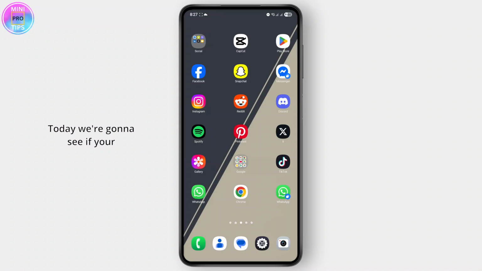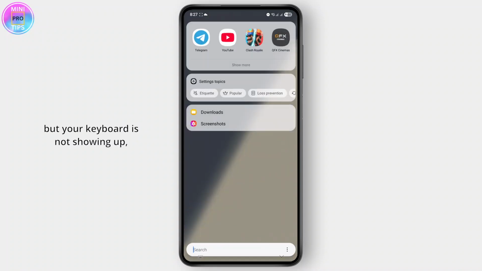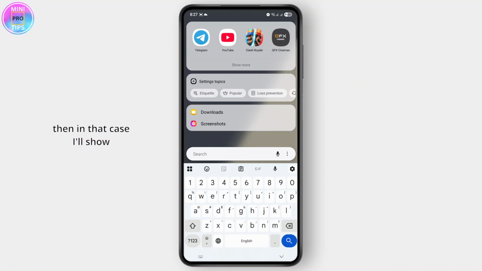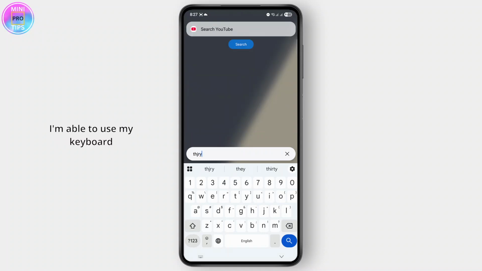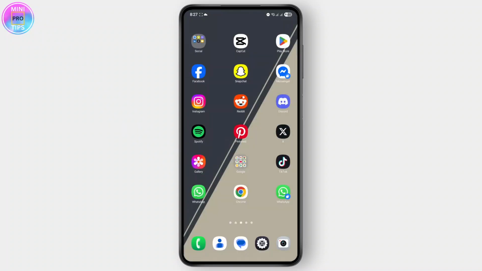Today we're going to see if your Android keyboard is not working, how you can actually fix it. So let's say you are trying to type something on your Android device but your keyboard is not showing up. In that case, I'll show you guys how you can fix it. If I go over and type something here, I'm able to use my keyboard, but if you're not able to use it or if it's not showing up at the bottom of your screen, what you need to do